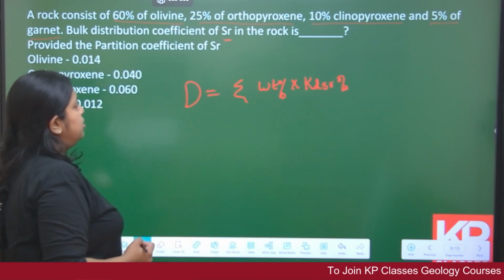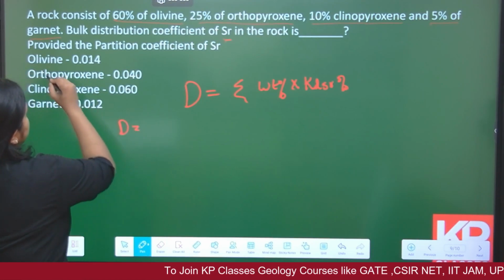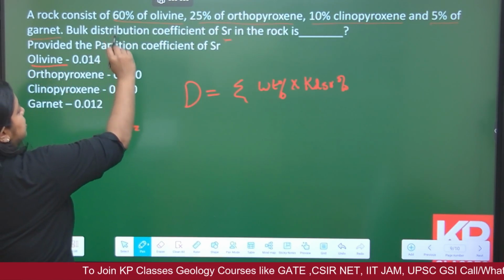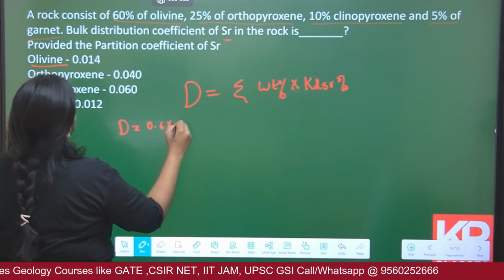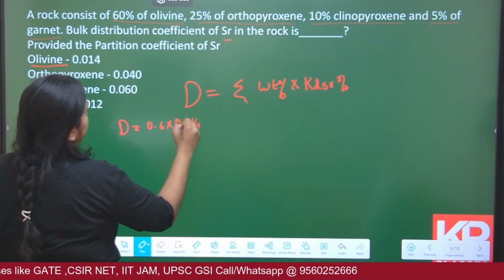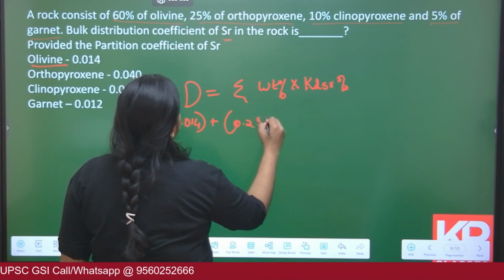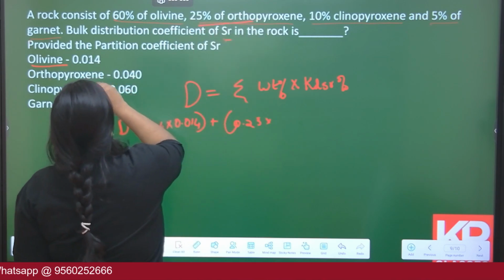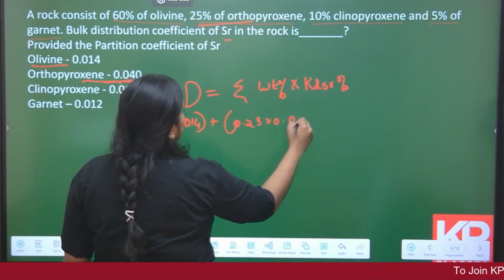That is what D is. So if I calculate, D is equal to, first let's take olivine. Olivine's weight percentage is 60%, that means 0.6 into 0.014, plus 0.25 into that of orthopyroxene. Kd value of strontium in orthopyroxene is 0.040,